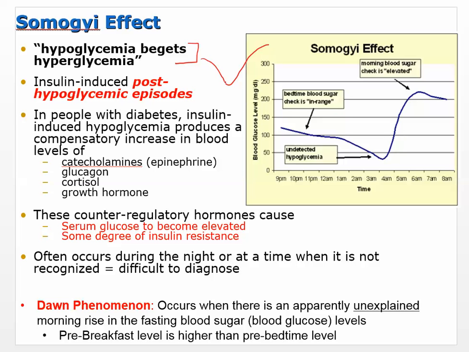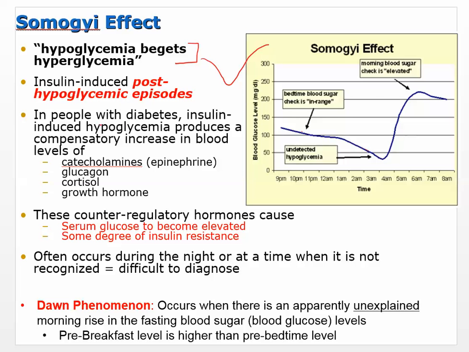So as your glucose levels fall, you kick in compensatory mechanisms to increase blood glucose. If we look at this graph, at bedtime the blood sugar is within range, but the insulin may continue to have an effect, and it may prevent the addition of more glucose, and continue to cause glucose to be taken up. And so your glucose levels fall to dangerously low levels.